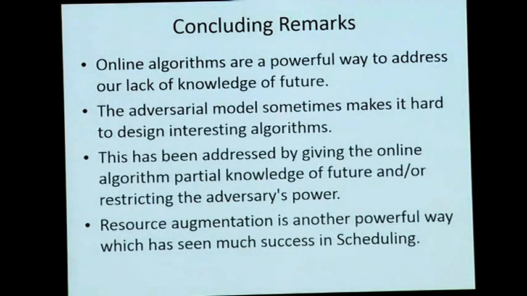If we do not know about the future, and none of us do, but if you want to incorporate that into the design of algorithms, then online algorithms are really one of the most powerful ways of doing it. Okay? The adversarial model is quite often critiqued for being too harsh. Right? That the adversary can do whatever it wants, and the online algorithm really has no power. And people have in the past tried to get around it by giving less power to the adversary or giving more power to the online algorithm by telling the online algorithm a little bit about what the future requests are like. There have been many, many models considered.